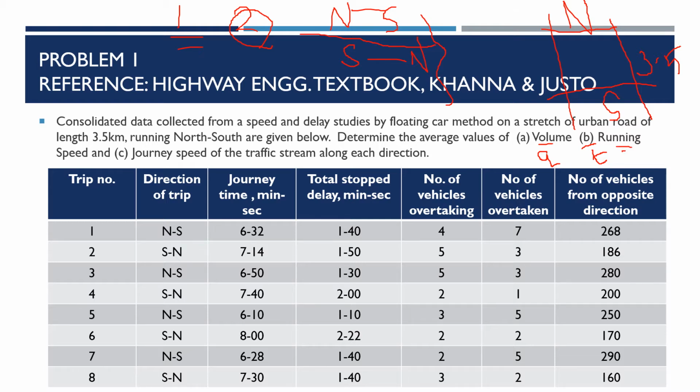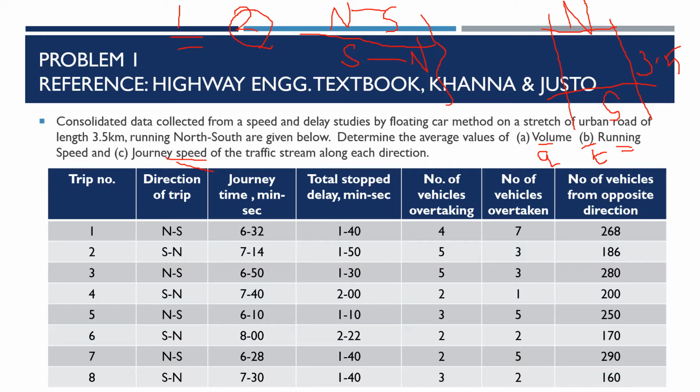Now the difference between running speed and journey speed, please recollect: when you talk about running speed or running time, we are calculating only the time period in which the vehicle is moving. But when you are talking about a journey, that means it includes all those delays which we faced. So by separating the time in terms of its delay, you can get the travel time or running time. Accordingly, running speed and journey speed can be calculated. So it is a very straightforward application of the equations which have been provided.